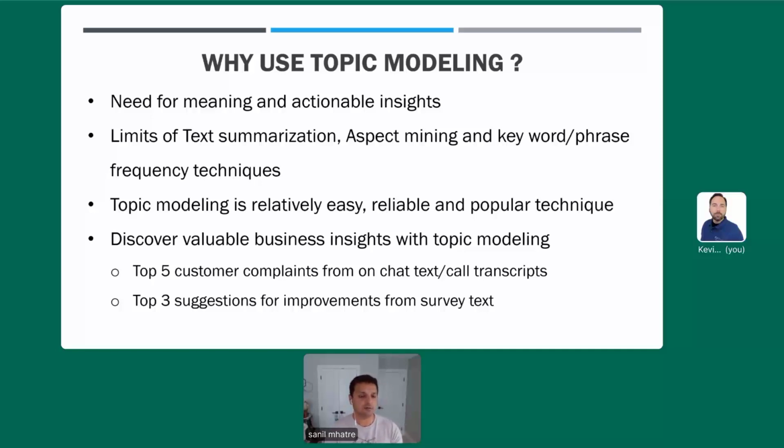And then we also talked about the fact that you can discover valuable business insights by applying topic modeling algorithms on top of certain types of data sets. So that's where topic modeling is really useful. And hopefully, this puts some context around why it would be fun to learn about topic modeling over the next few minutes.